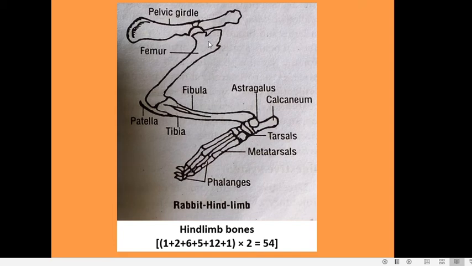So this is the greater trochanter which is seen at the extreme proximal end, and there is a lesser trochanter below the head, and there is a third trochanter which is opposite the lesser trochanter. So this is the third trochanter. Now coming to the distal end of the femur. At the distal end of the femur there are two condyles, and these condyles join with the tibiofibula,